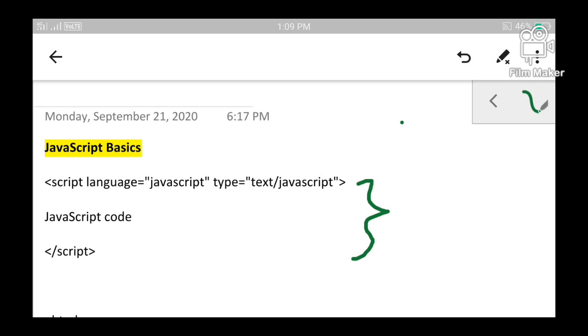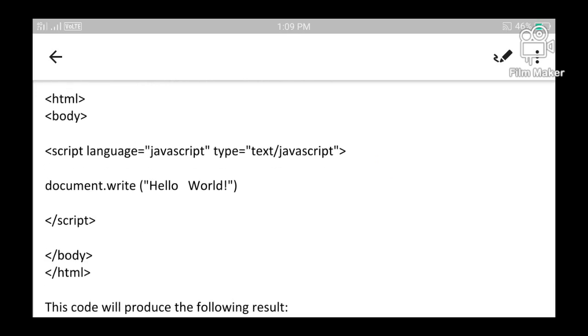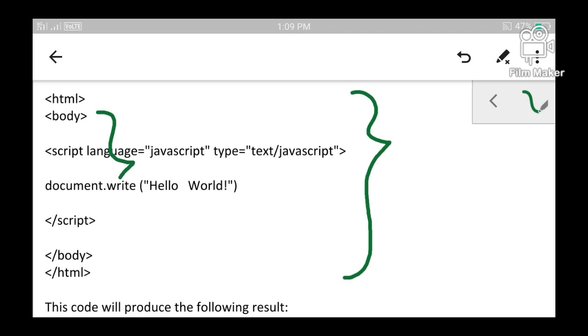Okay. Now let us see how we can include it within an HTML document. This is a typical example of an HTML document since it consists of <html> and </html> tags. Within the HTML document, it has a subsection which extends from <body> to </body>.